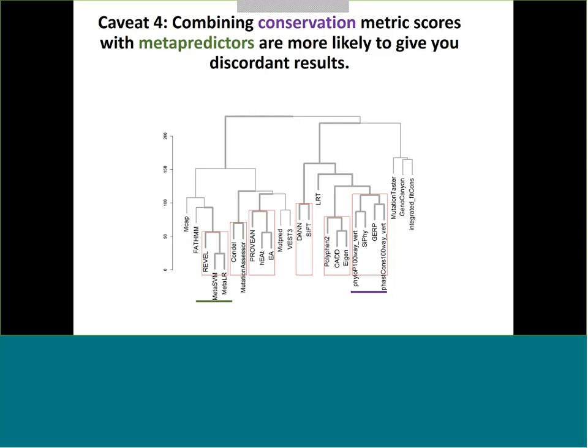You're right. So you need to know the performance of these algorithms, how they perform. All I can tell is that it's not best to mix conservation metrics with other functional predictors. I'll show you in the next couple of slides how well they perform, and you would definitely use, among all the possible algorithm combinations, the ones that are performing very well. Yeah, you're right, and that's in the next couple of slides. So Jenny,